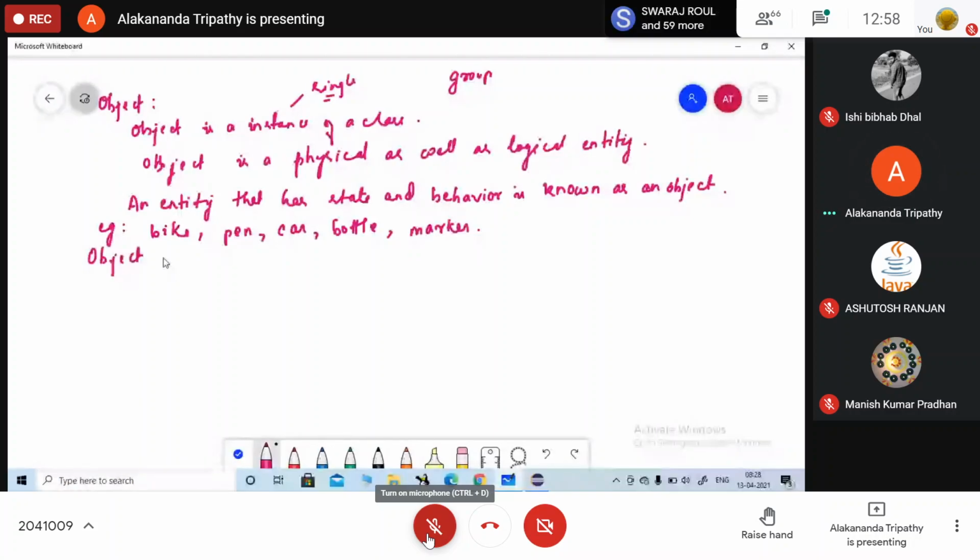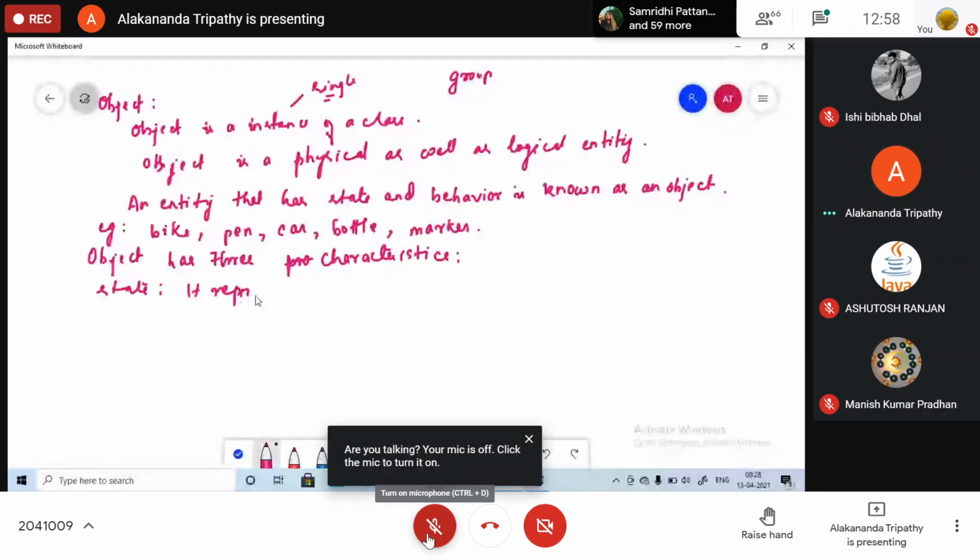Objects have three characteristics or three properties. One is the state. It represents the data or the value of an object.